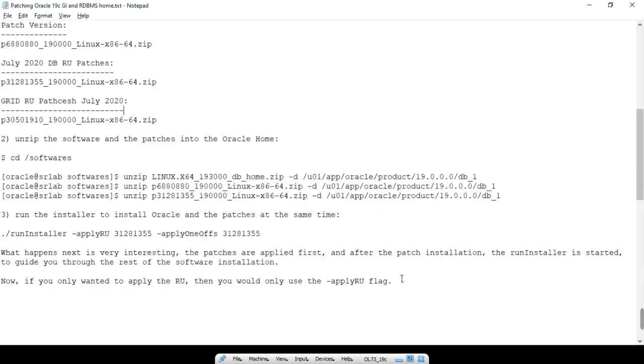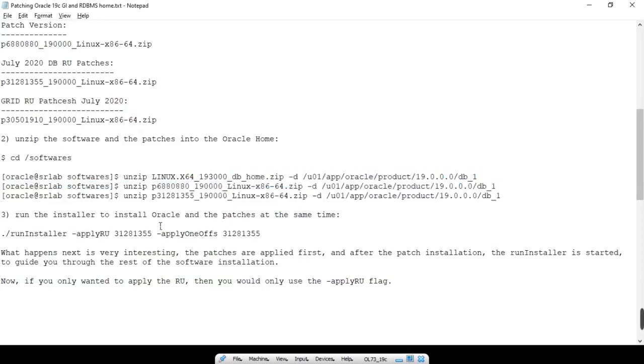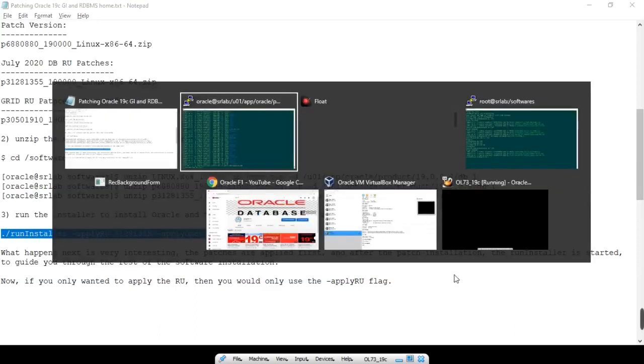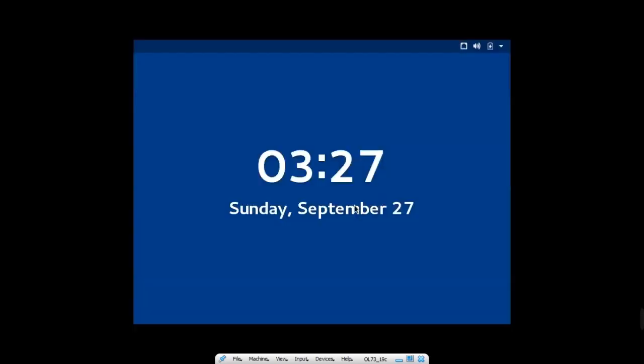So we have done these steps, and now we run the installer and apply the patches at the same time. I am going to execute this command in Oracle 19c GUI mode.